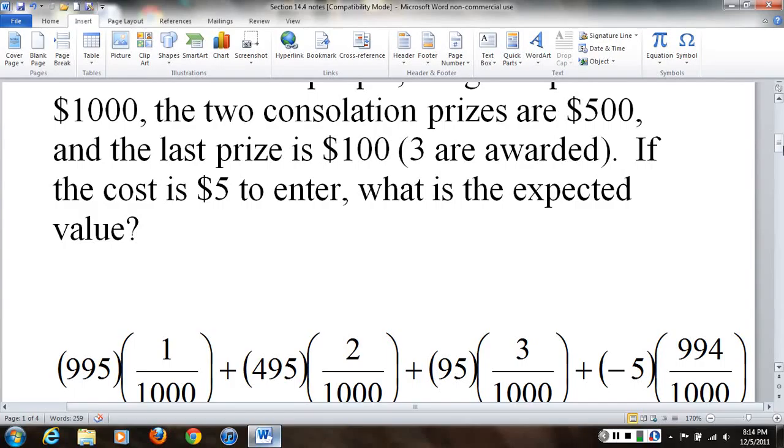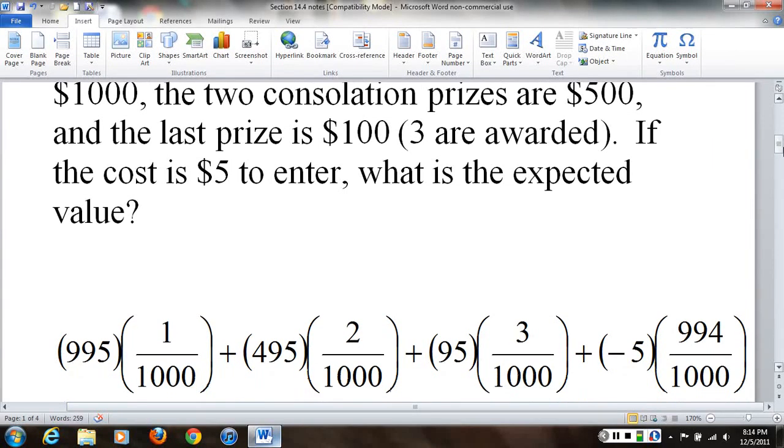Now we also have to consider the possibility that we, of course, don't win anything, the fact that obviously there's the bigger chance that I lose money. And so my overall value then is minus 5, because I pay my $5 and I don't get anything back. The chances of that are, if there are 6 possibilities to win, then there are 994 possibilities to lose.